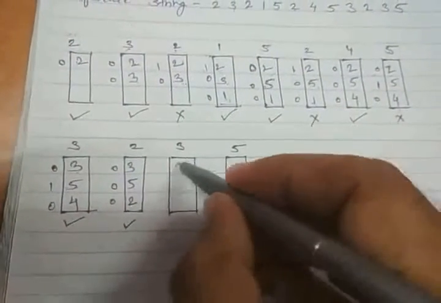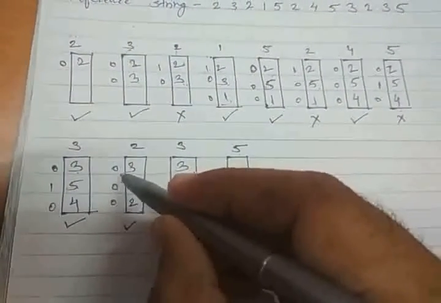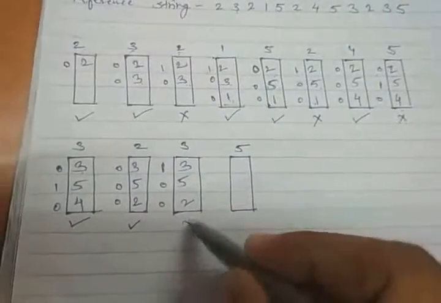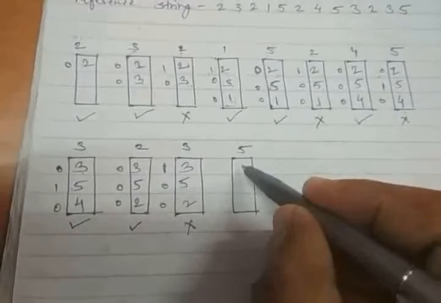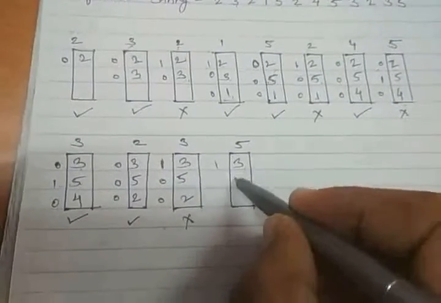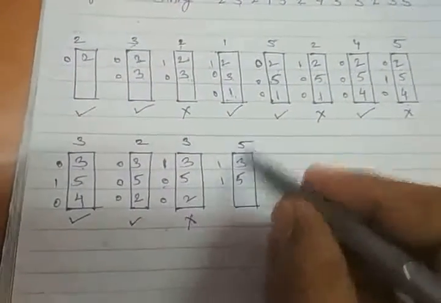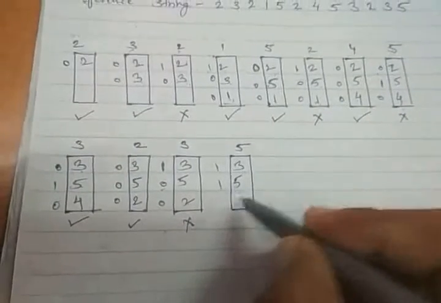Then 3 is there, the value was 0, it is becoming 1. Then 5 with 0, 2 with 0, no page fault. 5 is coming, this is 3, 1, this 5's reference bit value is earlier 0, now there is a page hit, it will become 1, and 2